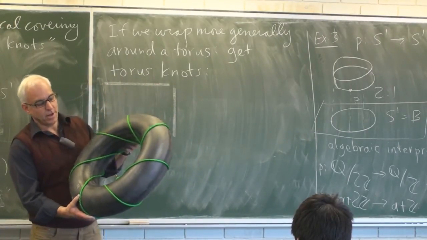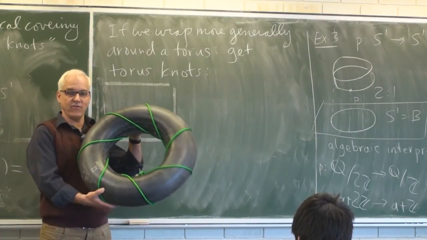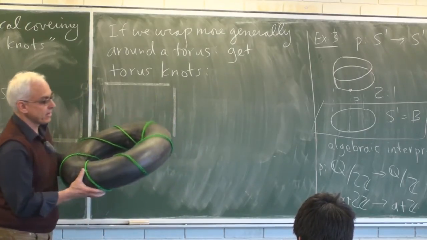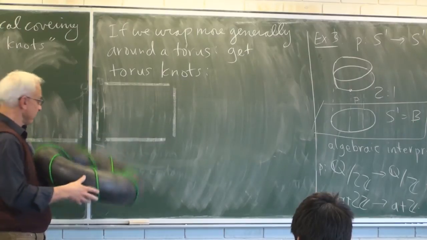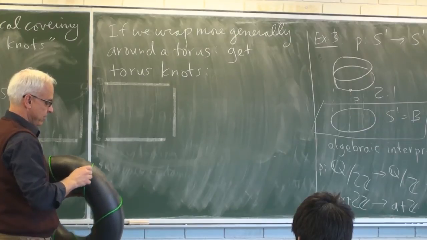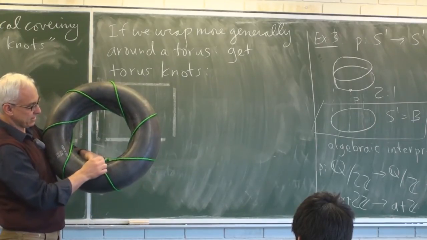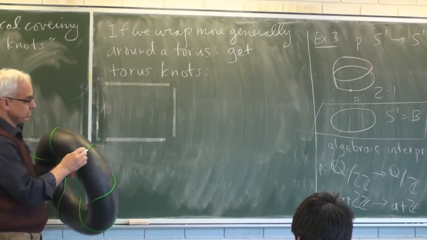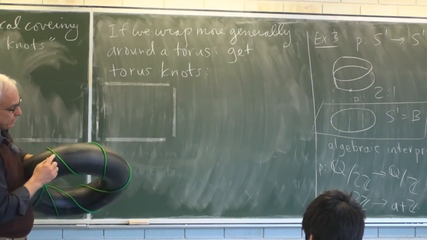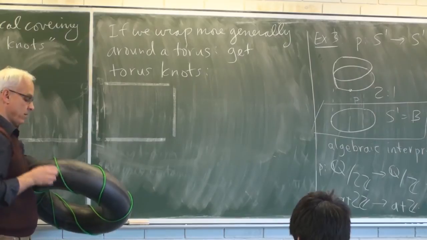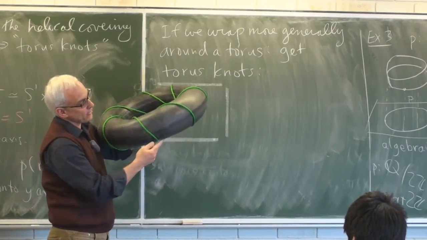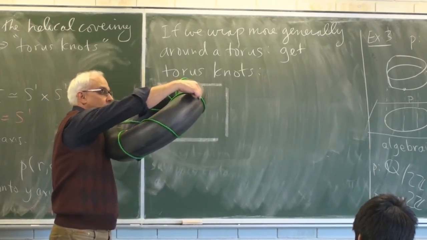All right, so what is this? Well, this is a circle, S1, which is wrapped around the torus. So let's just verify that. Let's say we'll start with this point right here, which you can't see very well. And with that point there, I can see it's right next to the valve here, okay? So all right, so if we keep going around, we go here. Let's see if I can put this somewhere so you can see it. All right, so we're starting here, slowly going around, and then we come out here, and then it goes around,